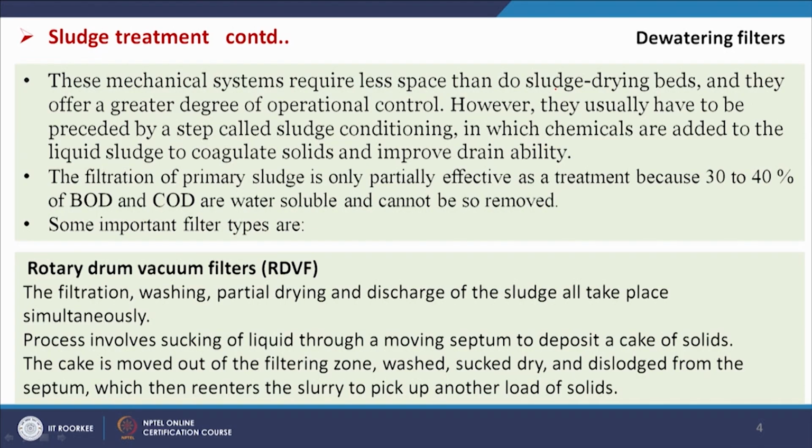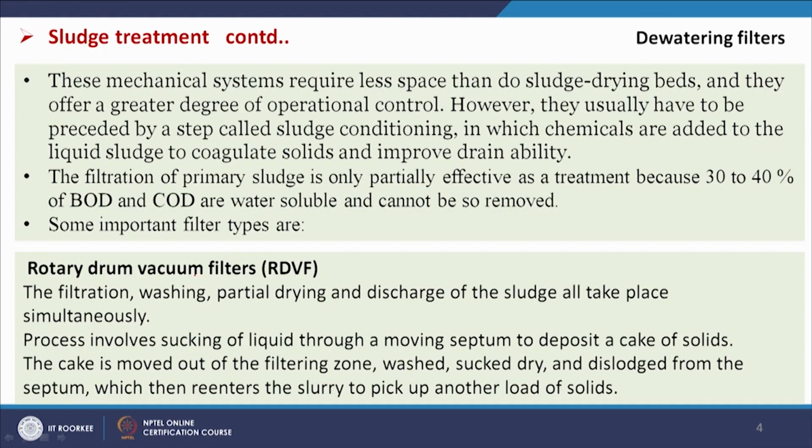However, they usually have to be preceded by a step called sludge conditioning, in which chemicals are added to the liquid sludge to coagulate solids and improve drainability, and the filtration of primary sludge is only partially effective as a treatment, because 30 to 40% of BOD and COD are water soluble and cannot be so removed. Some important filter types are rotary vacuum filters, plate and frame filters, and then we will see centrifuge